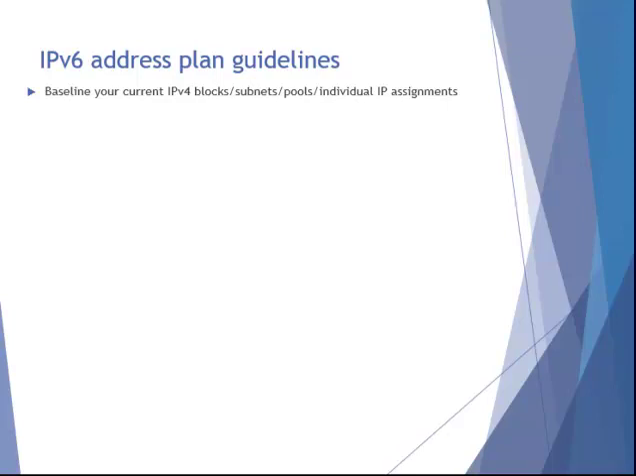So some of the guidelines: we recommend baselining your current IPv4 address blocks and subnets, pools, individual address assignments, even DNS information, and baselining that really not so much to replicate that with IPv6. Again, you've got that vast address space. You don't need to do a best fit kind of squeeze every IP address out of your v6 allocation. So you really want to take a fresh